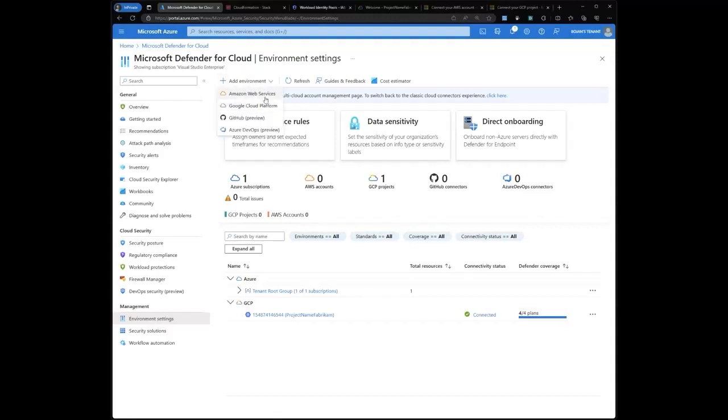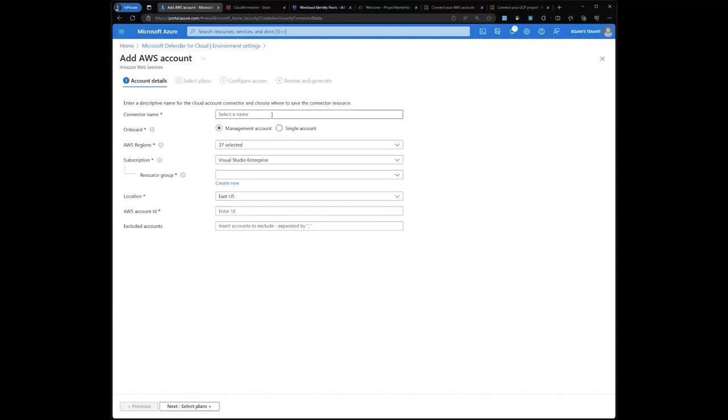Now, being mindful of time, I want to also cover how the onboarding for AWS works. I'm going to select Add Environment, and select Amazon Web Services. As you can see, the onboarding for AWS is very similar to the onboarding for GCP as well, where I need to name the connector, which is going to save, apologies, the configuration